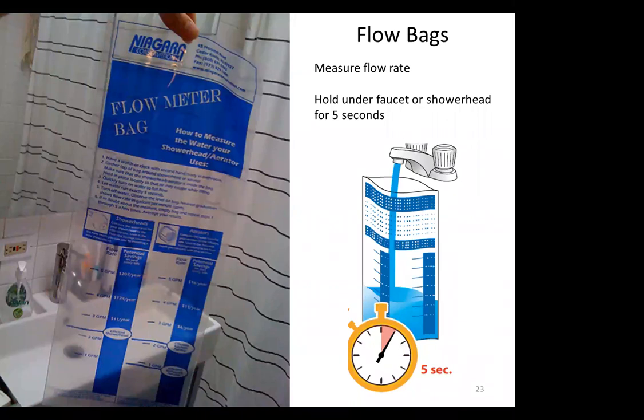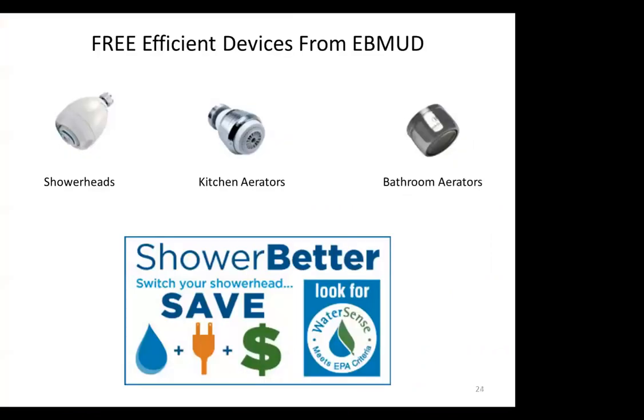So saving water in the shower also saves energy, because energy is needed to heat water. So by installing those efficient devices, you could see savings on your water and energy bill. And here's a picture of what some of those look like. So if needed, EBMUD will mail you a high-efficiency shower head, kitchen faucet aerator, and a bathroom aerator. Ours are just standard models, but there are many different options available that you can purchase at hardware stores if you want to match the decor of your bathroom or kitchen. You just have to look for the WaterSense label when shopping, and this label lets you know that the devices do meet those efficiency standards.